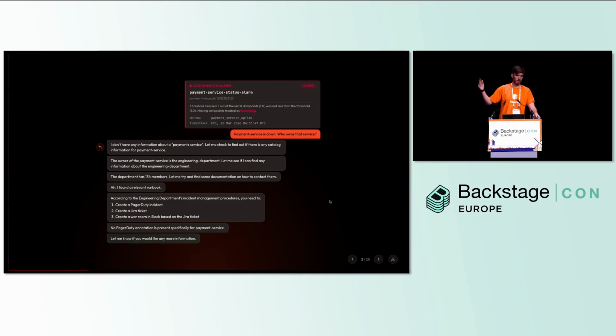It finds a runbook. A lot of our customers have tech docs and runbooks established within their tech docs, which the assistant has access to, which in theory is great. But it will be pulling from that common source, so it's pulling from an engineering department's pretty generic runbook in order to work through a series of steps. No PagerDuty annotation is set on that record. It can't understand what it needs to do to escalate.